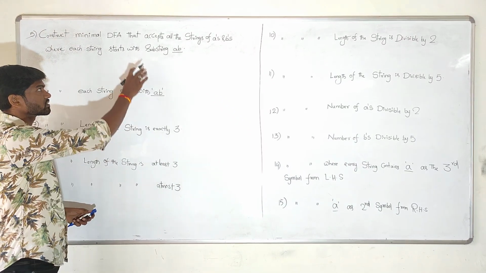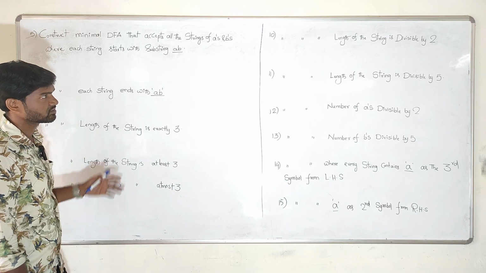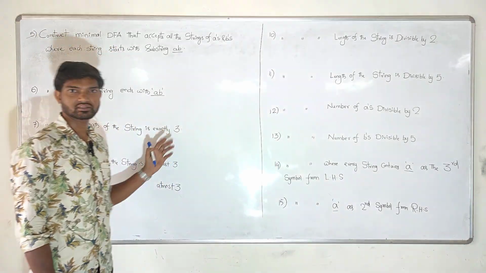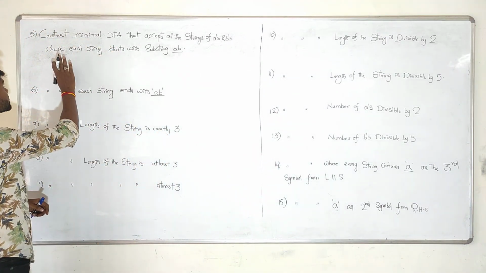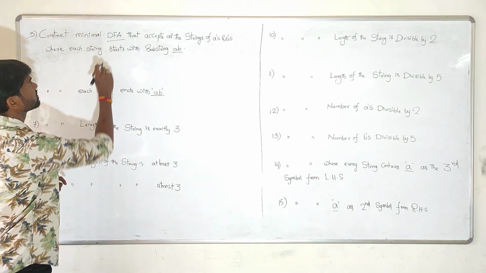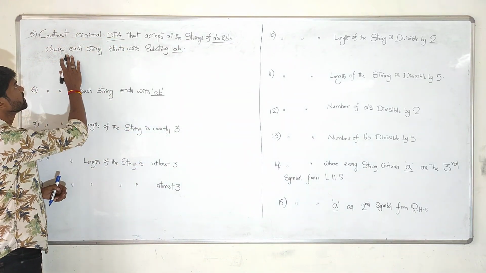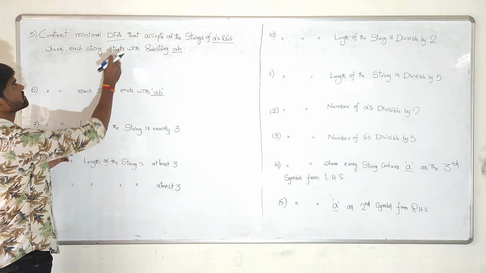Now coming to some of the examples of the DFA. Here there are some 10 examples. These 10 are some of the examples of the DFA. Coming to the first one, construct a minimal DFA that accepts all the strings of A's and B's, where each string starts